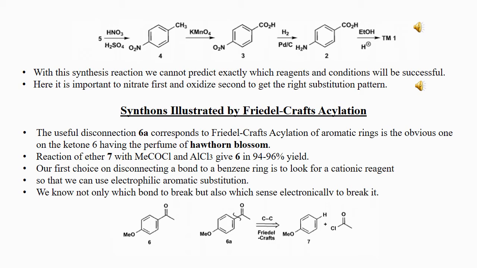We can get 2 synthons. One is 7. I'm talking about 6A right now. So the disconnection of this functional group in 6A, shown by the wiggly line C to C disconnection, is being done: C of the carbon, and the second carbon is one of the carbons of the aromatic ring. So C to C disconnection, thinking about the Friedel-Crafts acylation, has been taught. That gave 2 synthons, 7 and acid